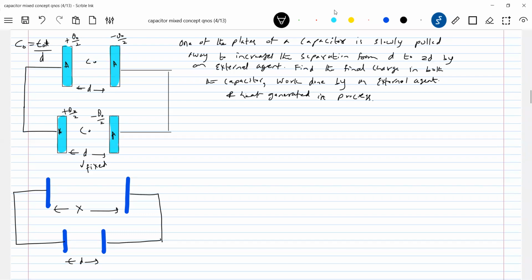So is there any method I should follow here? I'll say that let the charge here increase. So why should the charge increase? Let it be like this. The other plate's charge, I'll show it here: negative of the charge. Here the charge is going to decrease: Q naught by 2 minus Q.